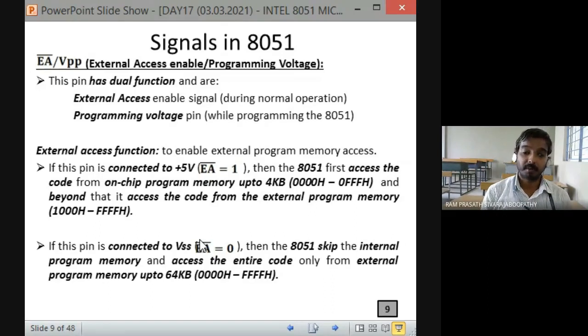See, in your project, you are going to do simple things. That means the on-chip ROM is sufficient. So what must be the condition of this EA bar pin during normal operation? Whether it should be connected to VCC or to ground. You develop a project, fine. 4 KB memory is enough for that application. You consider it that way. What will you do with this EA bar/VPP pin when it is operating in normal mode? Yes, very good, Danya. It must be connected to VCC so that you can use port 0 and port 2